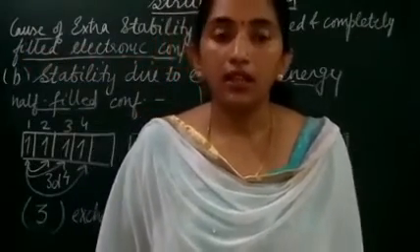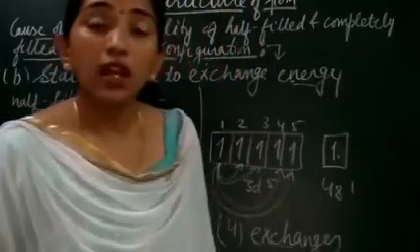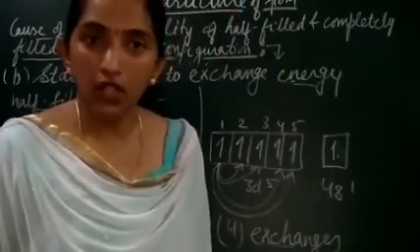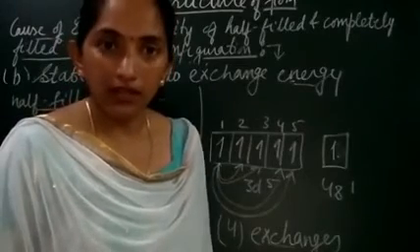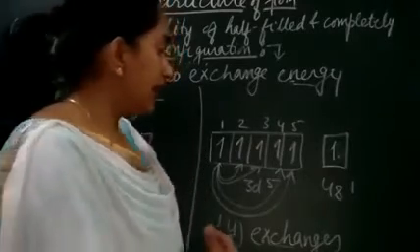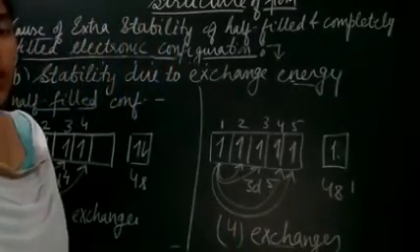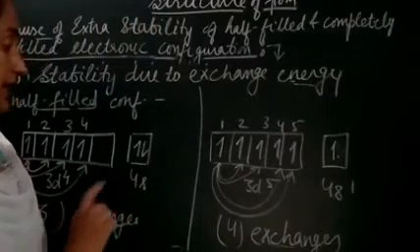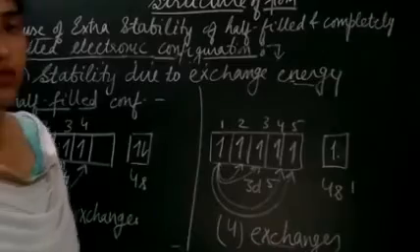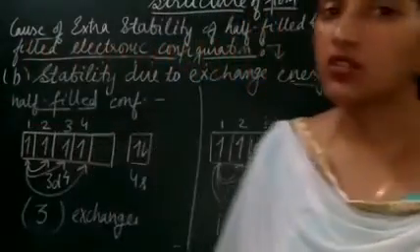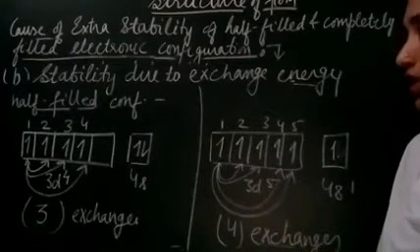So we can say that the exchanges which are being made cause the release of energy, which leads to a stabilization of the atomic orbitals, and that leads to the stability of the given configuration. So from here it is clear that for the half-filled configuration we are having more exchanges and hence greater will be the stability, right? So just get it noted down and then we will take the case of the completely filled configuration.